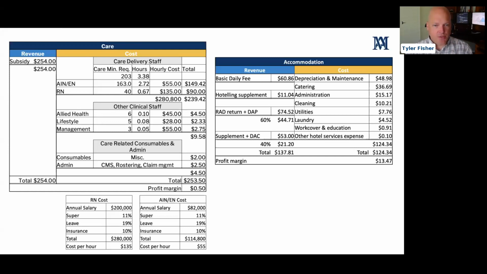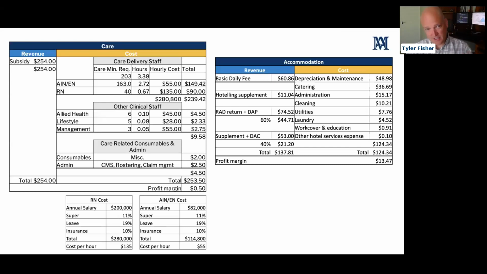The RAD return plus DAP is based on an industry average room price of $450K, and then a relatively equal split between a RAD and a DAP payment. Going back to the early days of LLB, 2014, 2015, we did see a much higher propensity for RAD payments, and that industry split between lump sum accommodation payments, RADs, was around 70% of non-supported room prices.